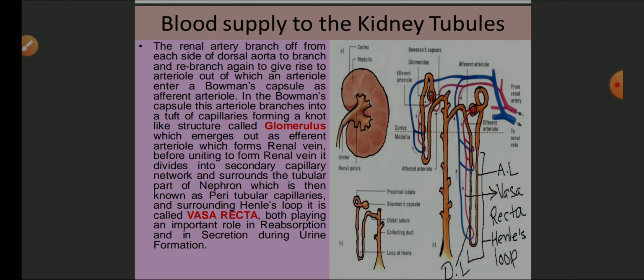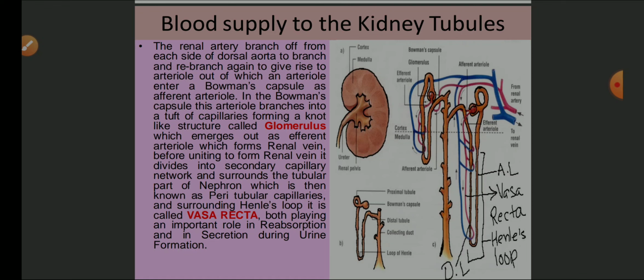Dorsal aorta, when it reaches the part of the kidney, it branches out the artery known as renal artery. Renal artery carries oxygenated blood but impure, as it contains high amount of non-poisonous nitrogenous waste materials like urea, uric acid, some little bit amount of ammonia, creatinine, phosphates, some salts and ions, and it requires to be removed from the body time to time. So the blood is entering inside the kidney through the renal artery.